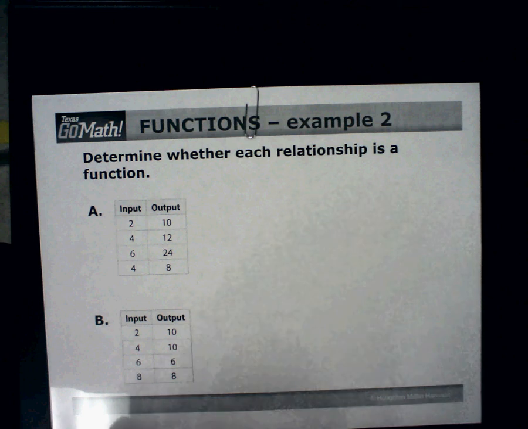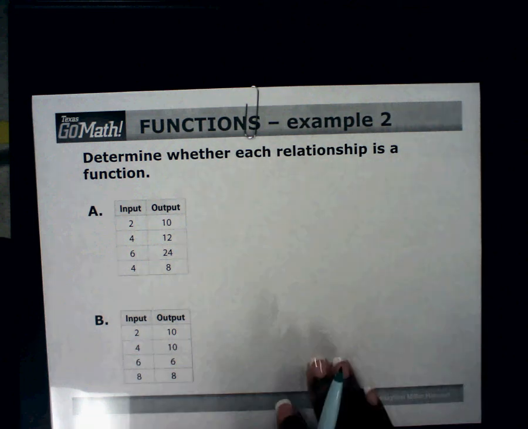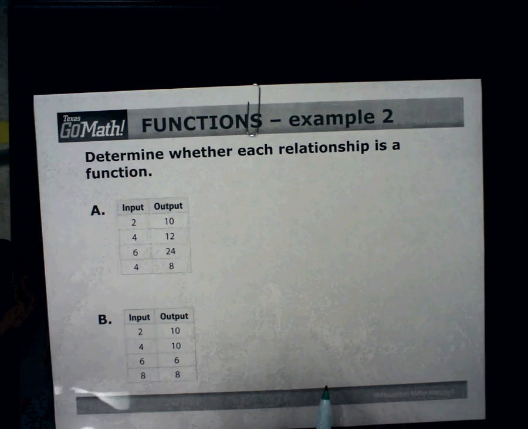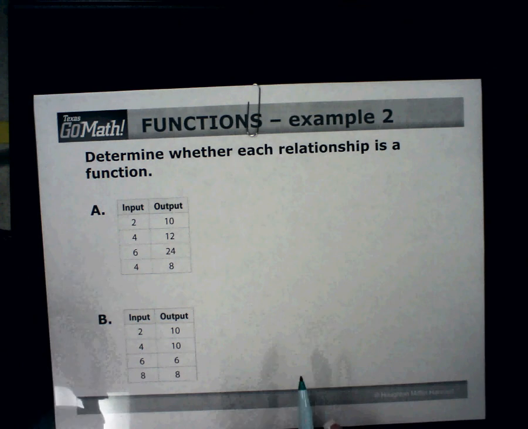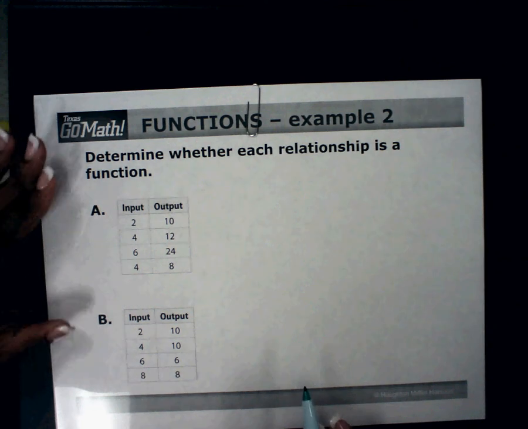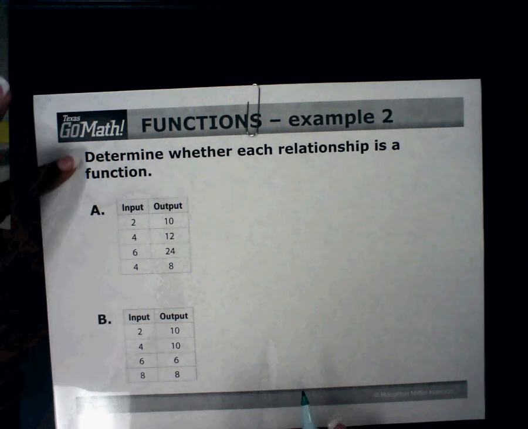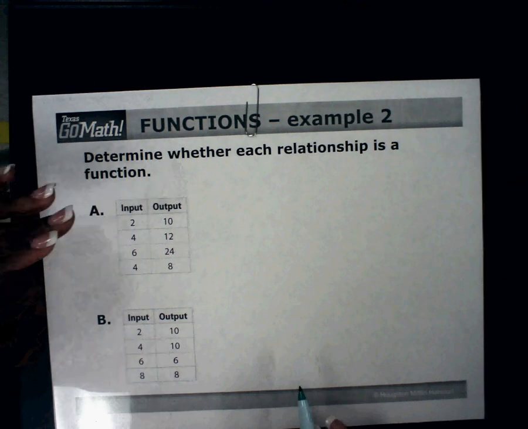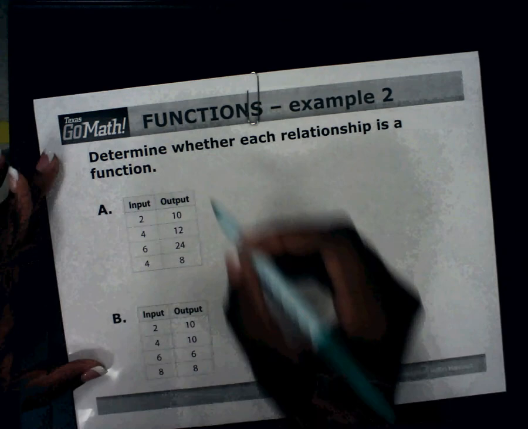Okay, so let's look at our next example for determining a function. What I want to do first is give you two quick questions to ask yourself to help you determine if this data is a function. So the first question, question 1,